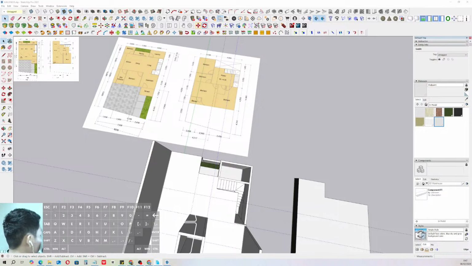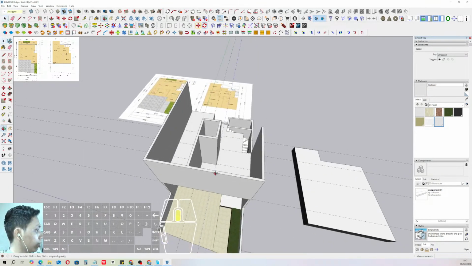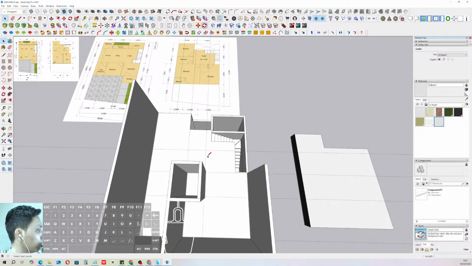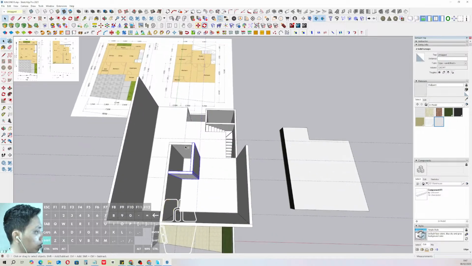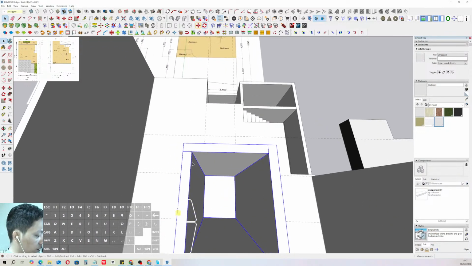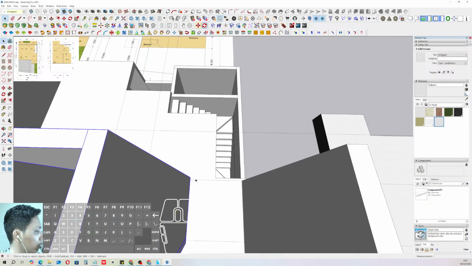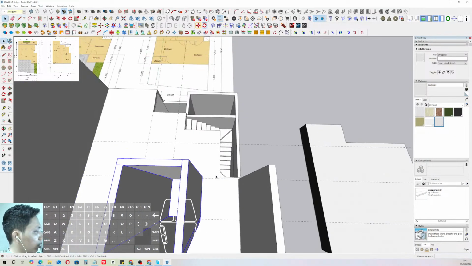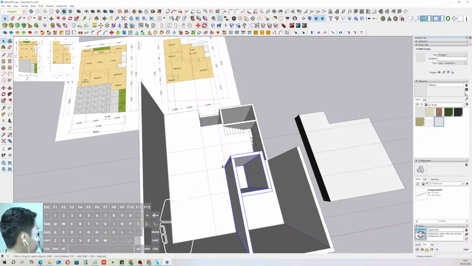Okay, this is 3.4 meter, 3.4 meter in here, and it should be okay. This is a 3.4 meter. It includes the bathroom, so the bathroom position is in this connection in here. Okay, so this is the bathroom position, and this is the wall entrance. This is called the wall entrance. Anyway,